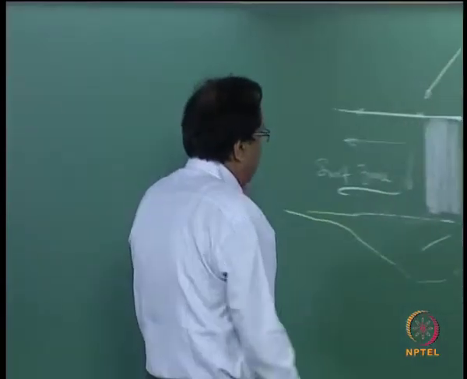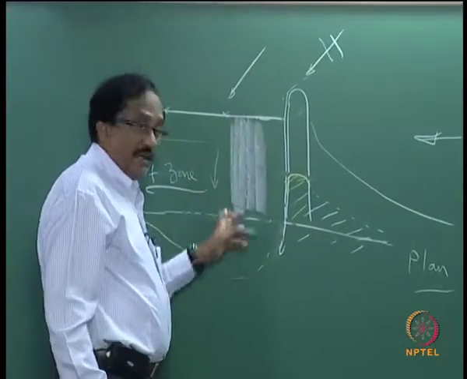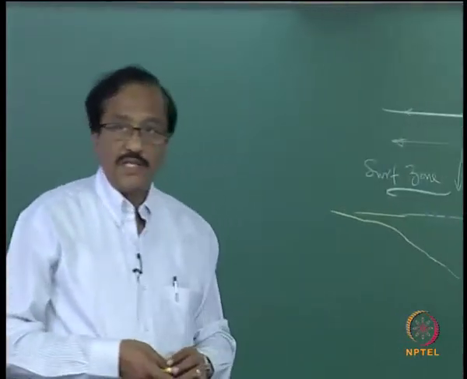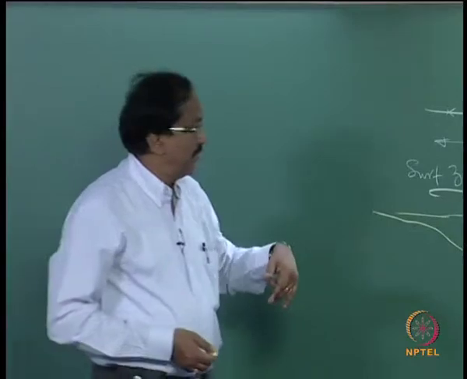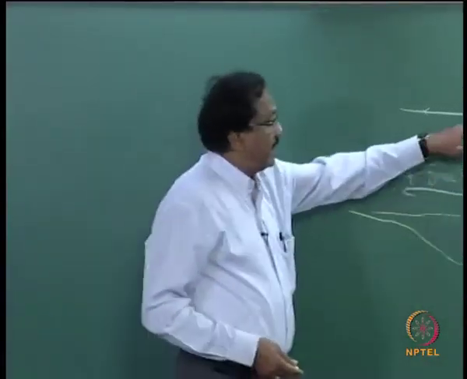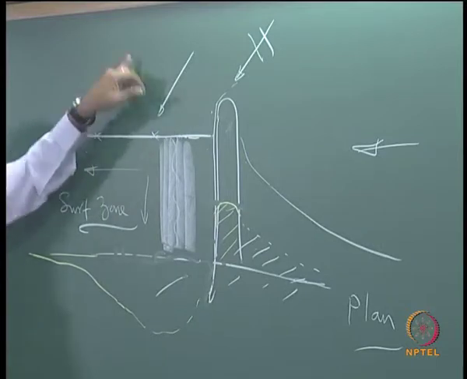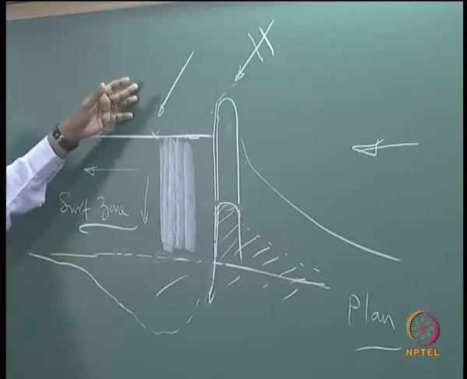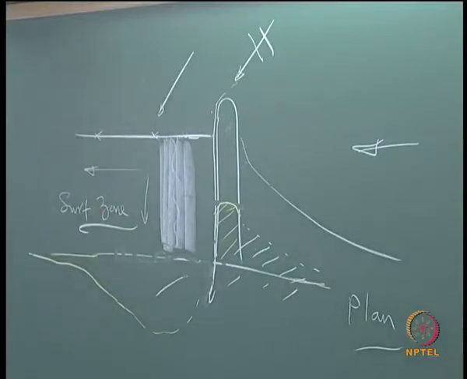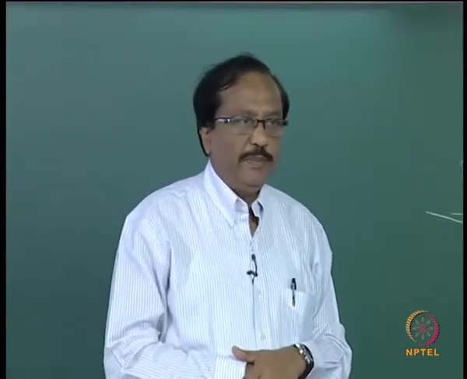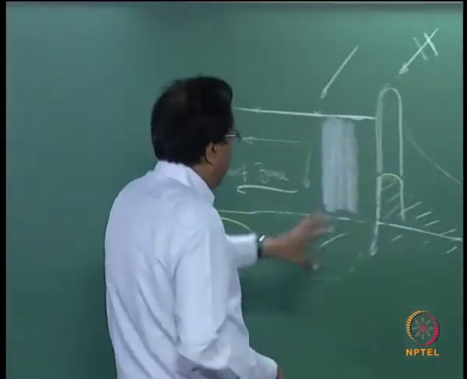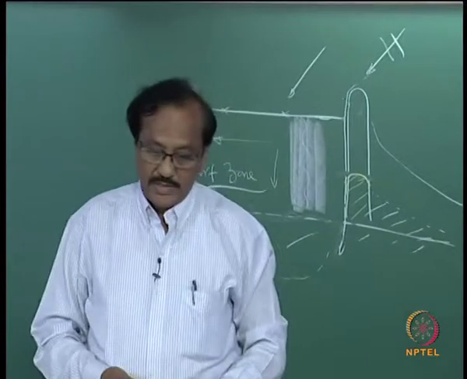Although I said that the groin has to extend one surf width, you will see later when we do the calculations on the distribution of sediment transport within the surf zone, the calculations will reveal that even beyond the surf zone you will still have some amount of sand being moved, being transported, okay. So you can extend even slightly beyond, but the best option would be to pierce the breaker zone, okay, if you want to have a quick result of advancement of the beach.